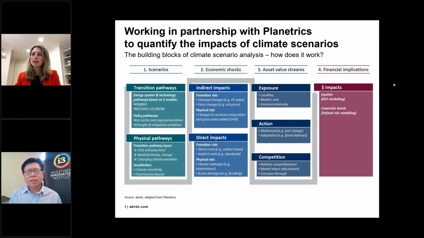So that's certainly what this slide tries to bring to life. Yeah, and I think, Camille, before I ask you to go into extrapolating this into the various scenarios, I know there are a couple of technical terms. We're not going to go too much into it, but issues like energy systems, where you've got, under your transition pathway, Remind and Message Globium.